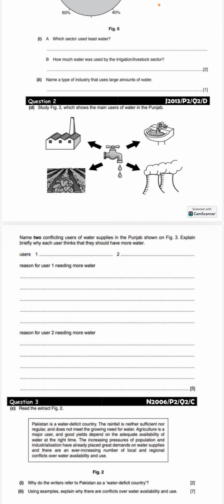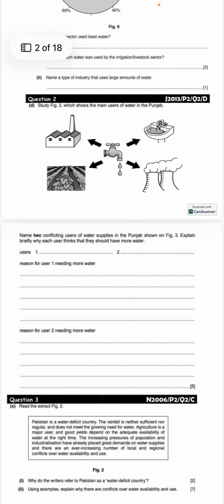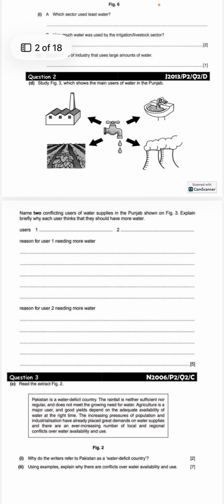Okay, for user number 1 we're justifying, and for user number 2, you can say the industrialist, or the homeowner, like us, we are living in houses. So the homeowner is basically using the water for domestic purposes: for better hygiene maintenance, food preparation, meaning cooking, a healthy lifestyle, right? Washing, drinking, etc. I hope it's clear to you.